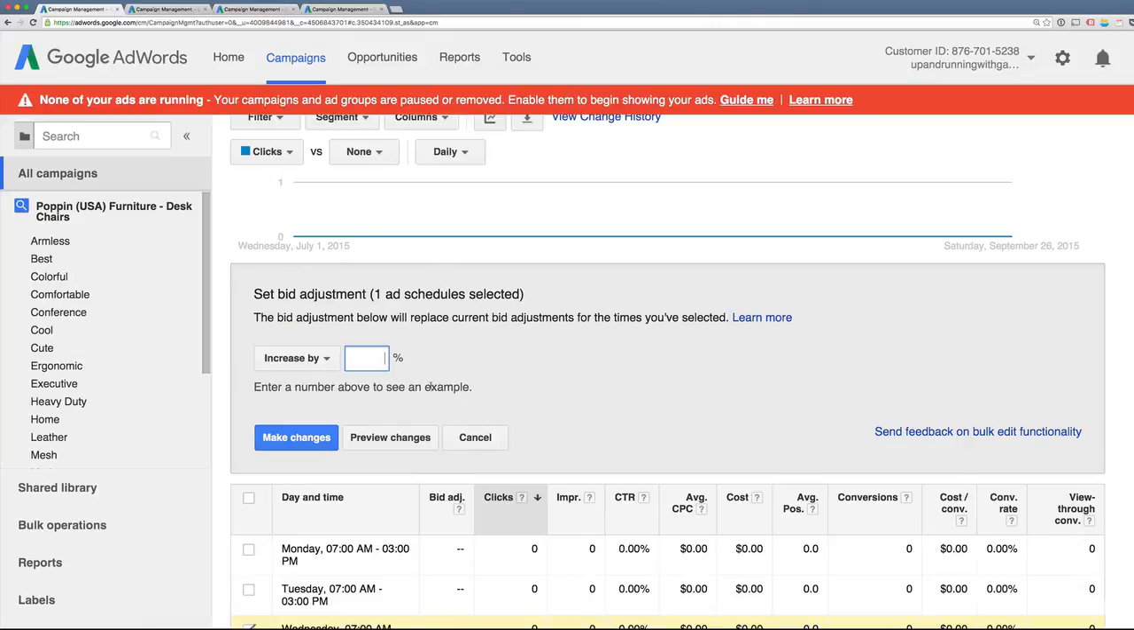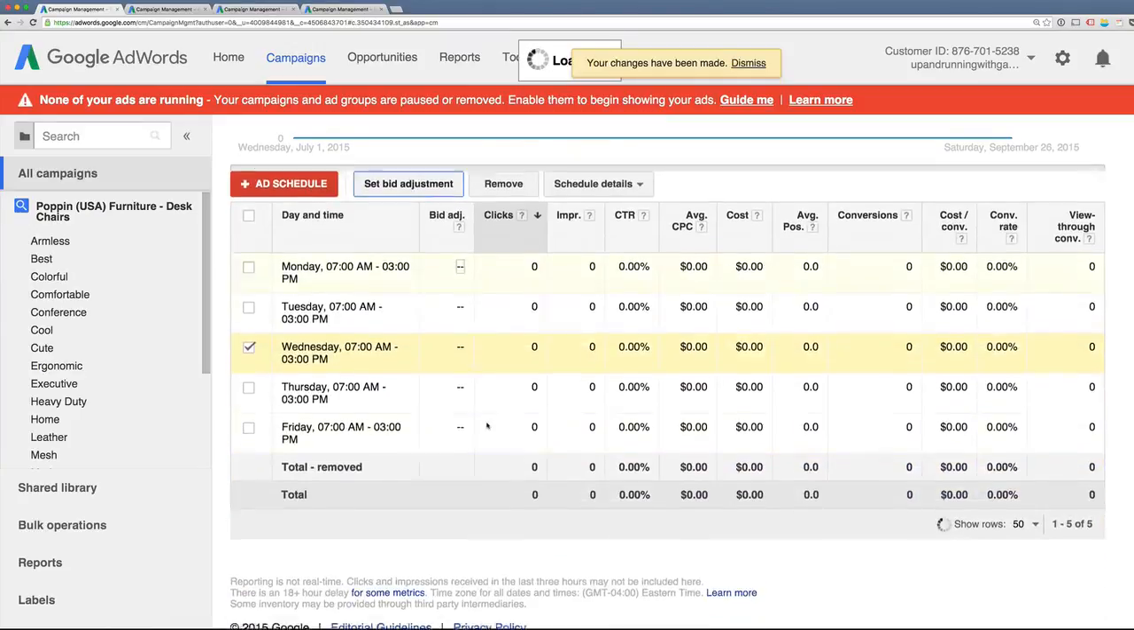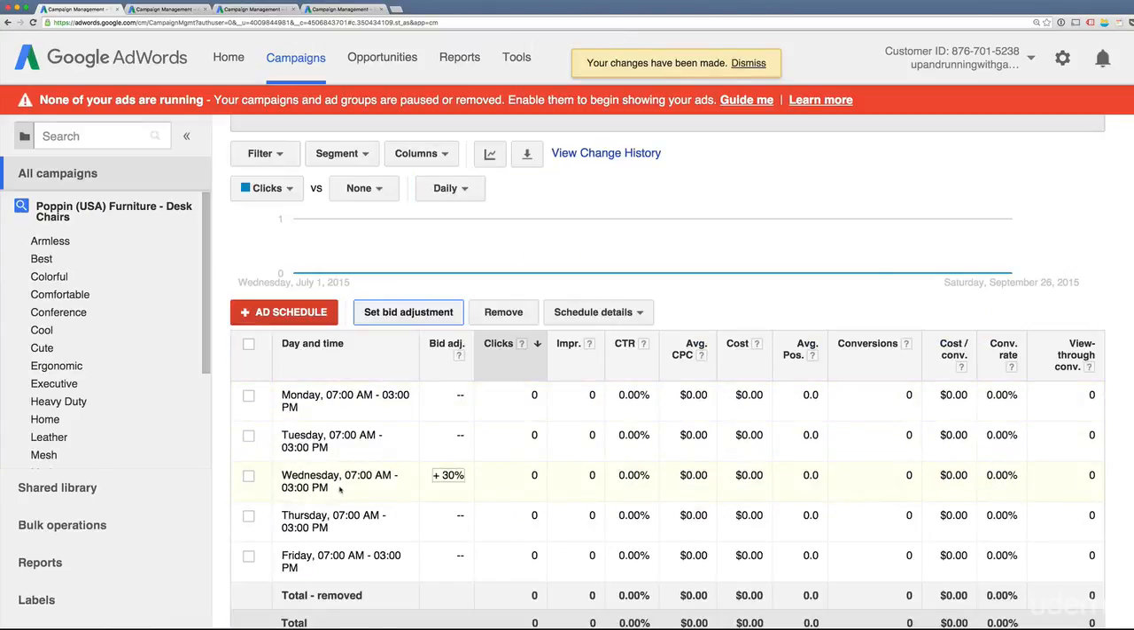And I get essentially the same window. So let's say I want to increase this by 30%. So a $10 bid will become $13, and I'll click make changes. Okay, so now all my bids get increased by 30% on Wednesday 7 a.m. to 3 p.m. But what if I saw that only 7 to 8 a.m. on Wednesdays was really my hottest time,